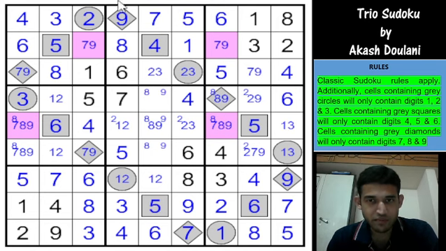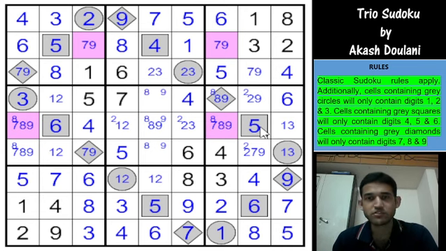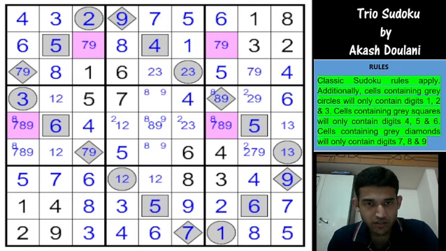So what this basically means is that this is called a skyscraper pattern. When you restrict the possibility of a candidate, in this case 7, into 2 rows and 2 columns, out of which 1 column is common. It can also be when you restrict the possibility of a candidate into 2 columns and 2 rows, out of which 1 row is common. So it can be both ways. So here the rows are row 2 and row 5, and the common column is column 7, and these are the different columns.